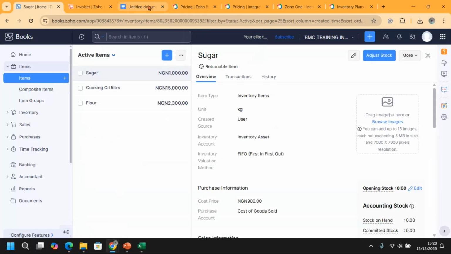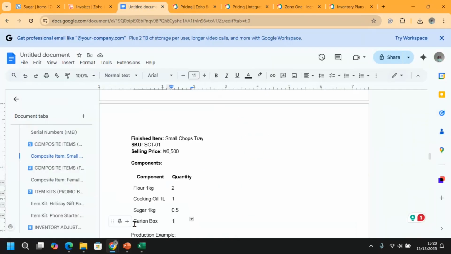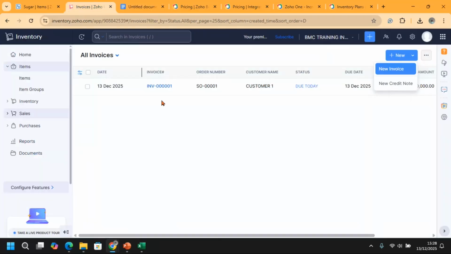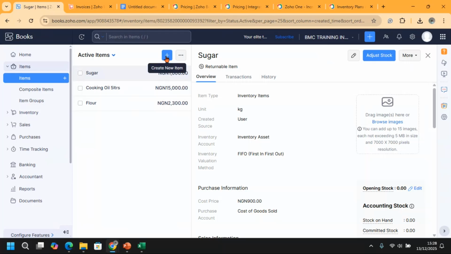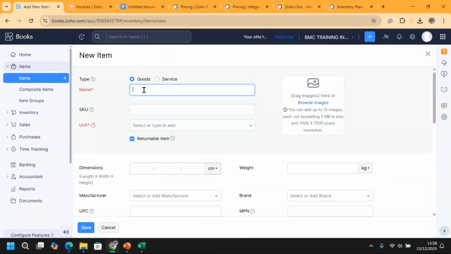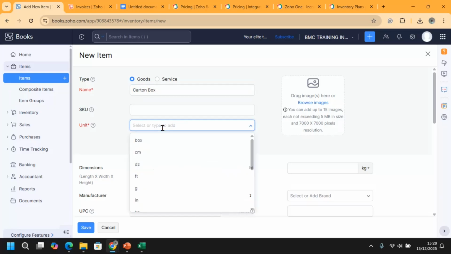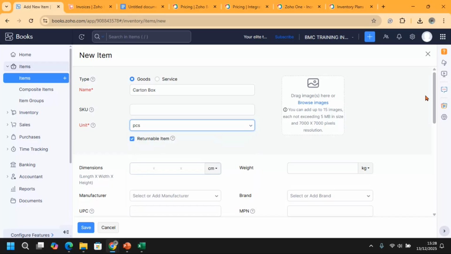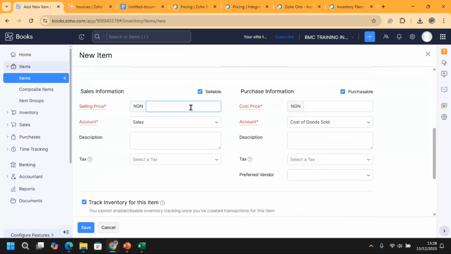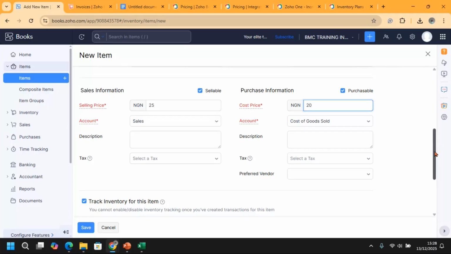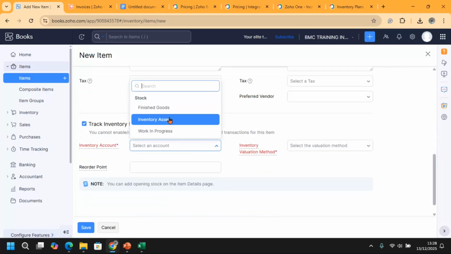So we have this, and the last one is pack, the carton box or bottle or plastic, anything you use to pack it. On this, we have carton box, in pieces or in units, anyone you like. So this is just one. Selling price is 25 naira and cost is 20 naira. That is direct cost. Track the item, inventory,